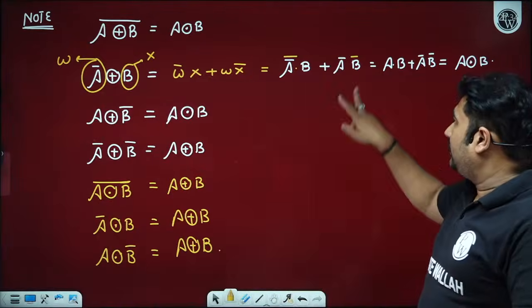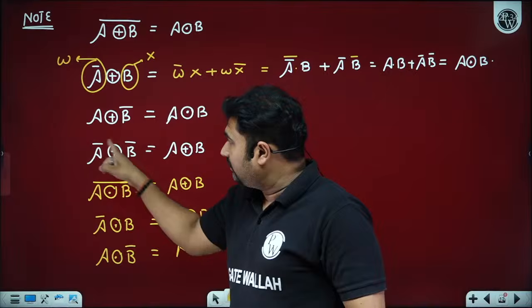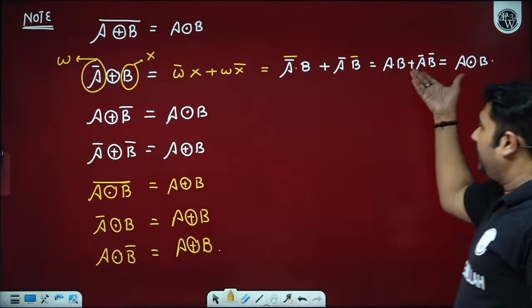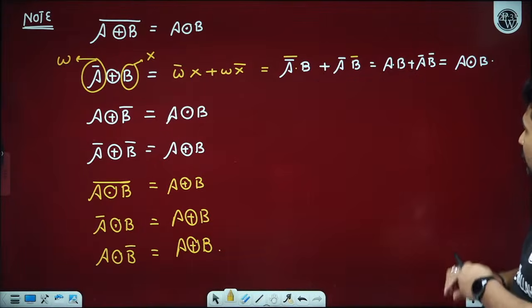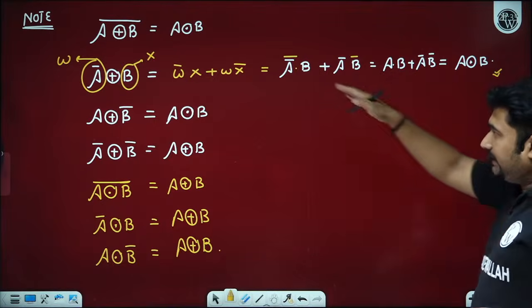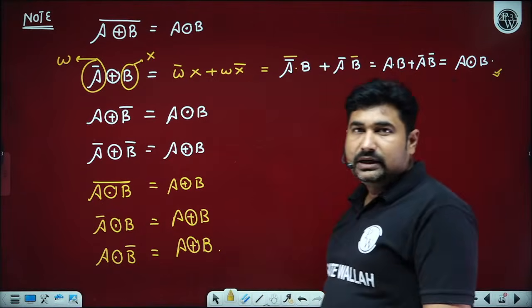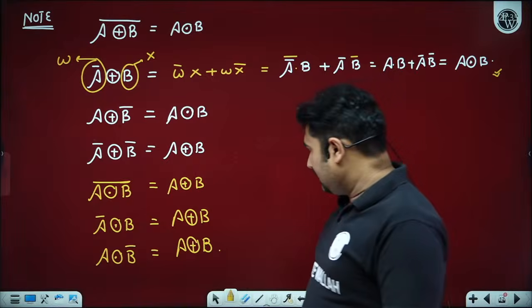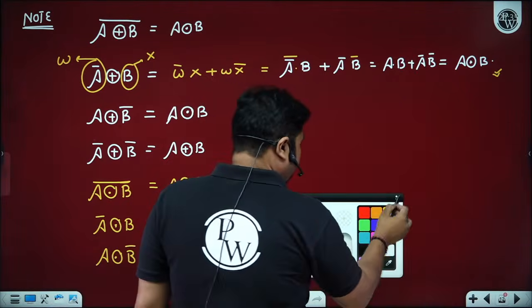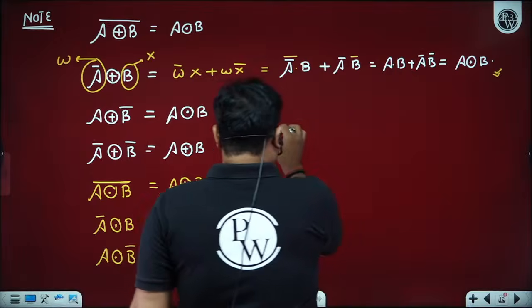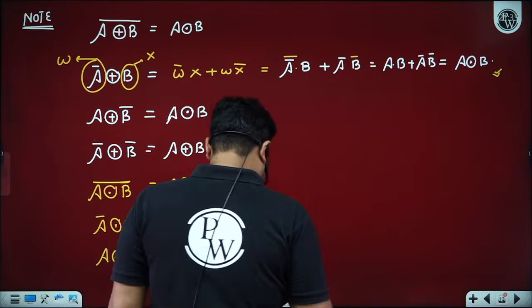In the same way, you can give this as W, this as X, and when you expand, you will get this result. How to prove? I have given you one proof. In the same way, you can do all these. Is it okay? Yes, sir. Now please observe. Suppose I have to write,